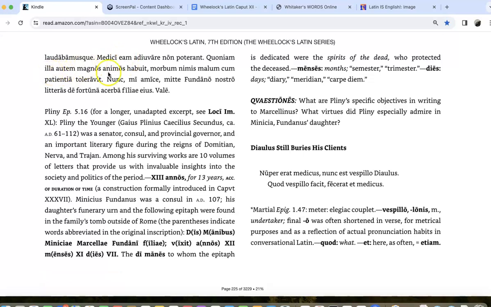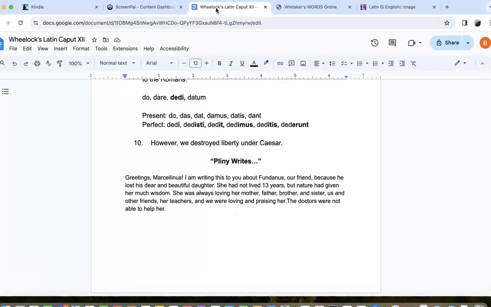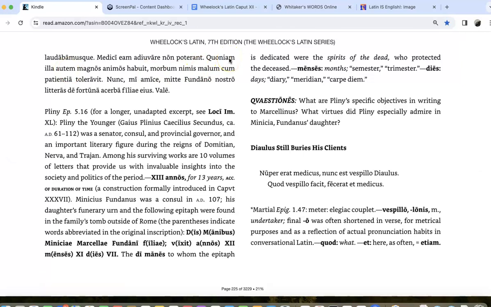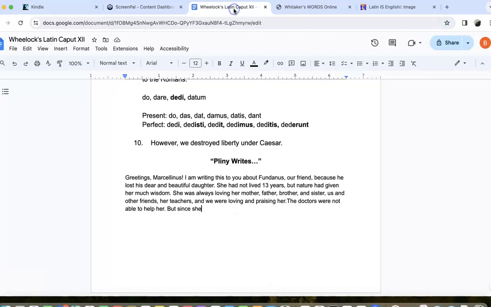But since she, I'm going to go ahead and write this because the word order in this one's a little bit tricky, but since she. So sometimes you have to experiment with the word order. So autem means but, quoniam means since, and then she literally had a great mind. What it means is that she was full of courage, is kind of what it means in this case. So magnos animos can be courage, but since she had great courage,